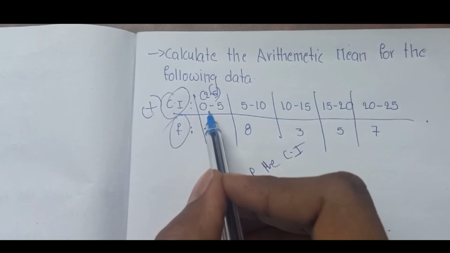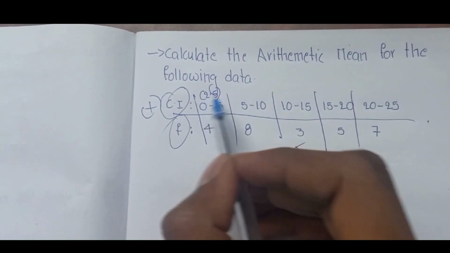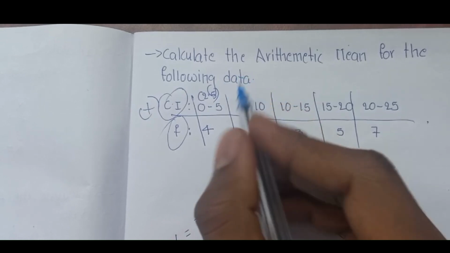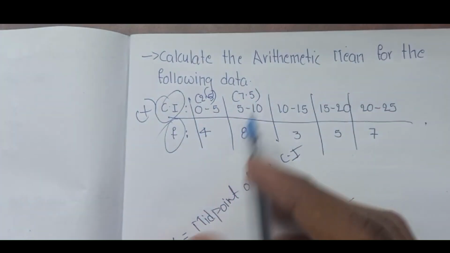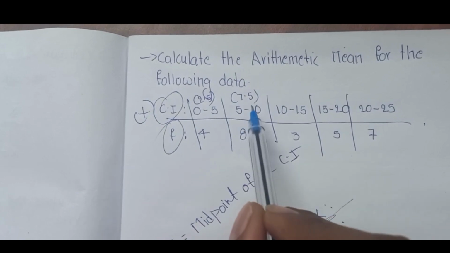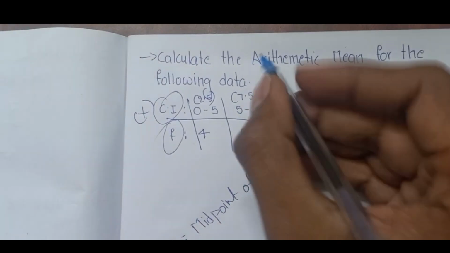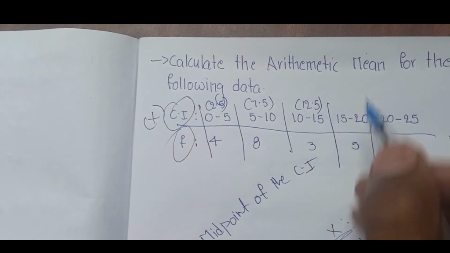The midpoint of this interval is 2.5. Again, here the value of x is 7.5, the midpoint of this class interval, then 12.5, and here